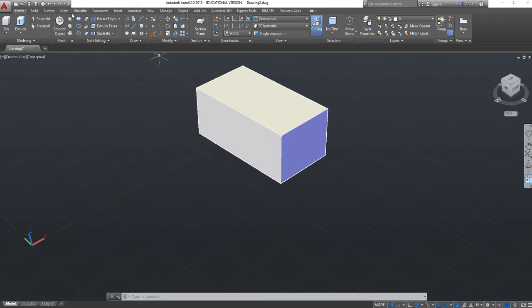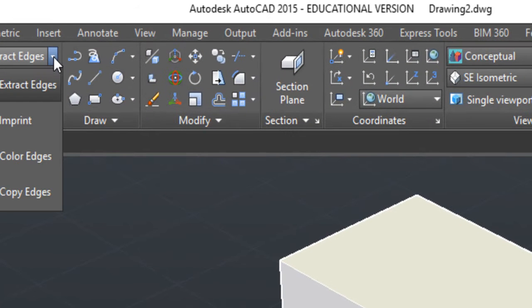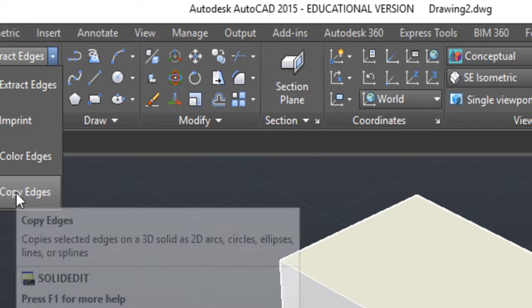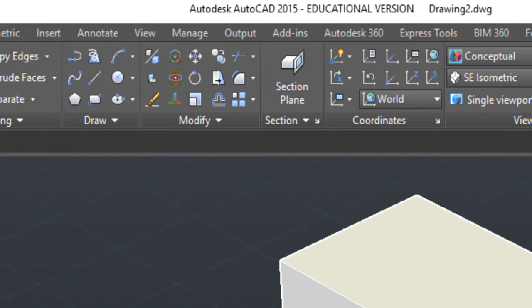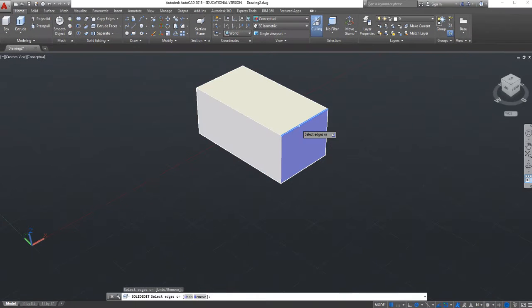Instead, what you have to do is come up here and you have to use what is called this little area here and do copy edges, because now that it is a 3D object, these are now considered edges. So you can simply click on an edge and it will highlight, and you can copy the edge there, and you can also copy the edge the other way. I'm going to copy this edge down this way,